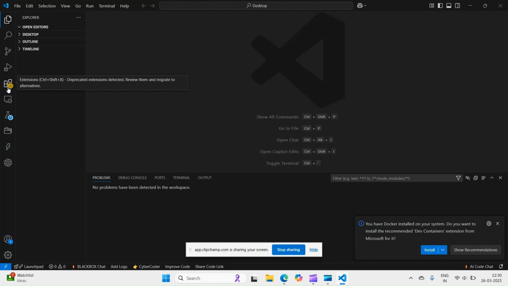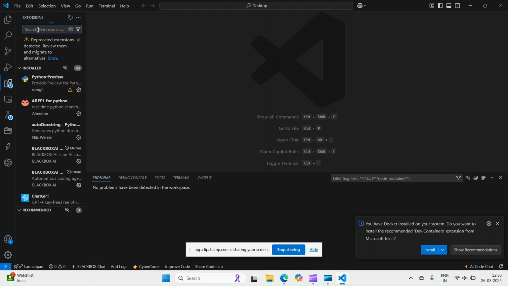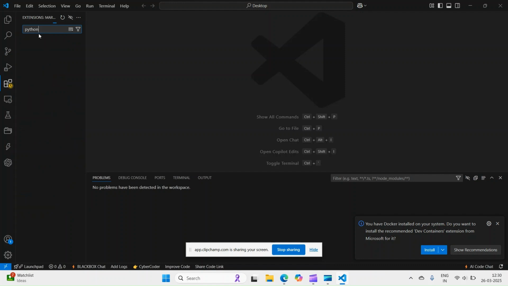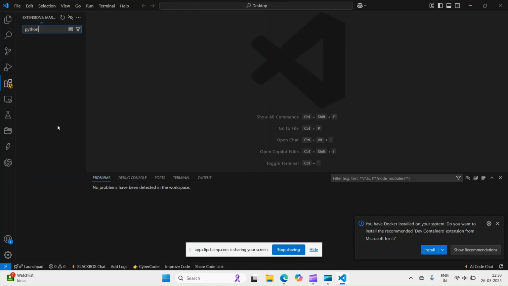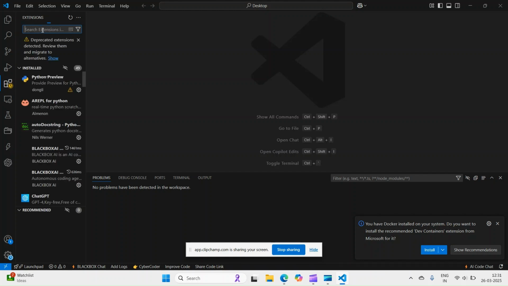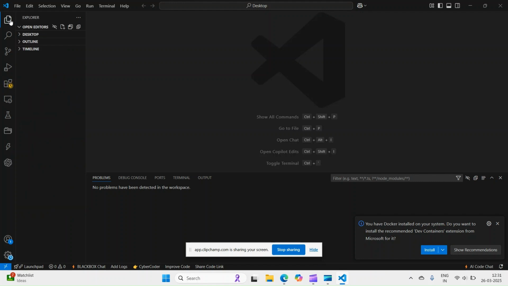There you can download extensions for Python. Type Python in the extension box. Then you have to download the Python extension. Once the Python extension gets downloaded and installed,